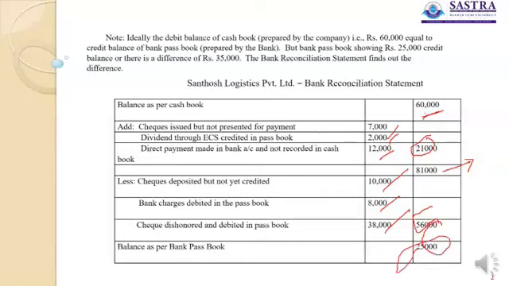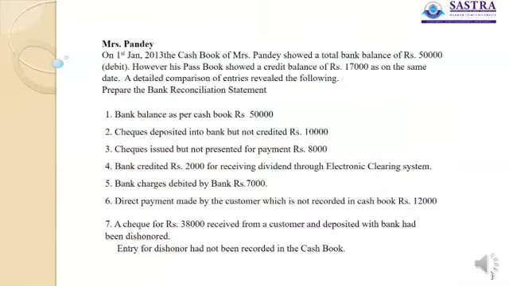So how do you arrive at this? Actually, here all the items are additions at once and reductions at two, so that we got the difference of balances and the reasons for the difference of balances. See, with this we understand the basic things in the bank reconciliation statement. What we need to consider is the difference between the balances and the reasons, causes, and how to reconcile. Let us go to the next, a comprehensive illustration.